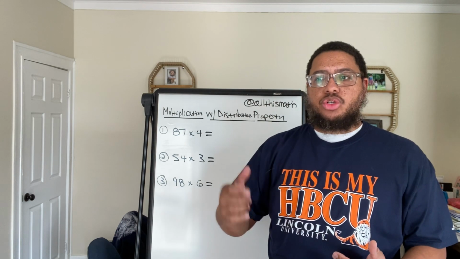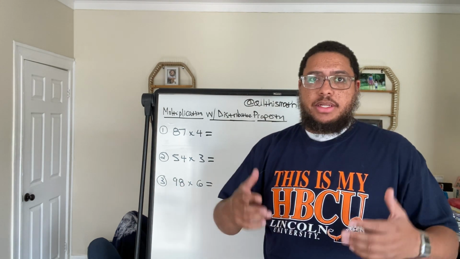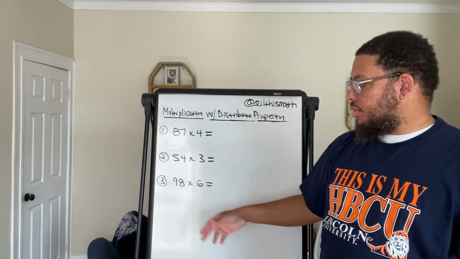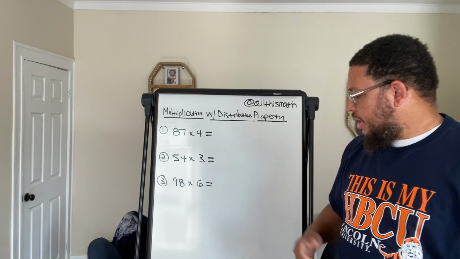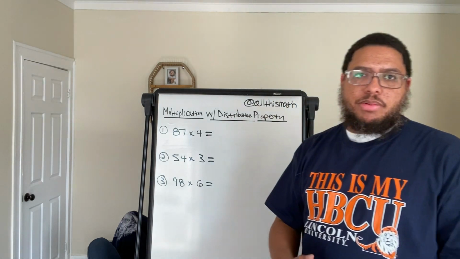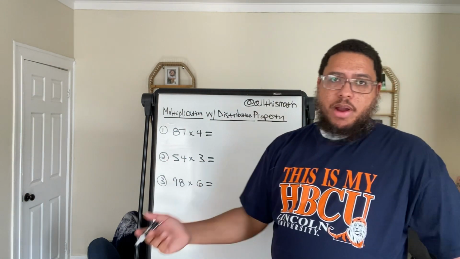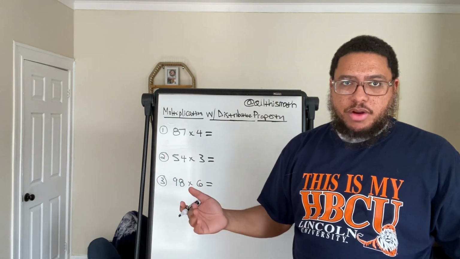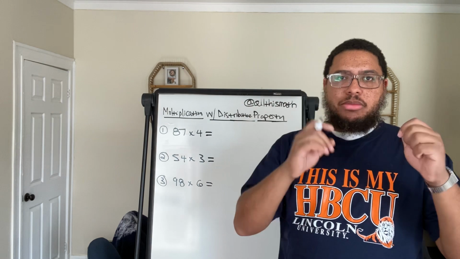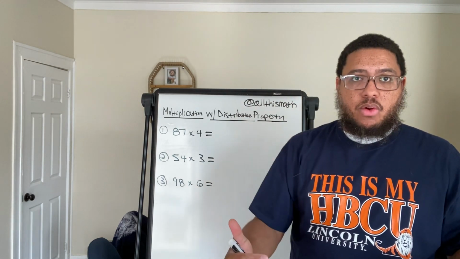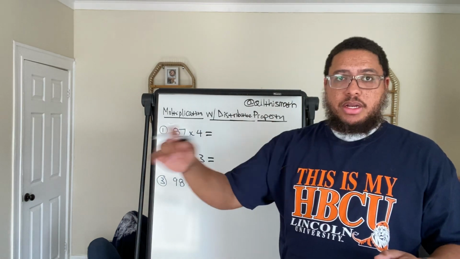But the thing is, you can use it when you're just multiplying integers, like 87 and 4, 54 and 3, or 98 and 6, right? And some of you might know people that actually do this already. Now, if you see 87 times 4, you probably don't have it memorized, right? But there's ways that you can break numbers down into more manageable pieces in order to figure out what the product of that number and another number is.